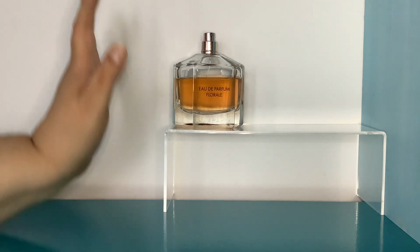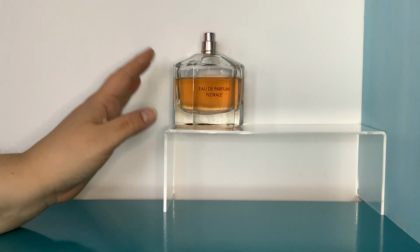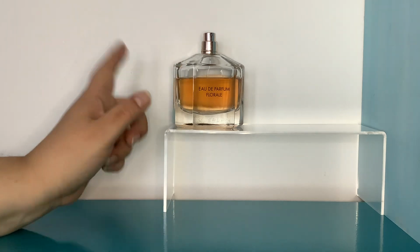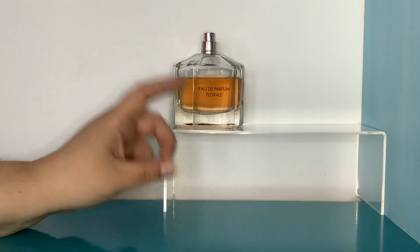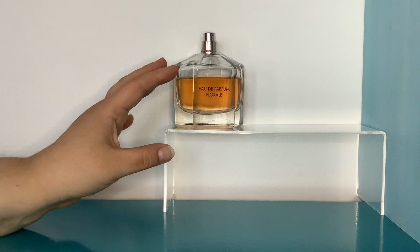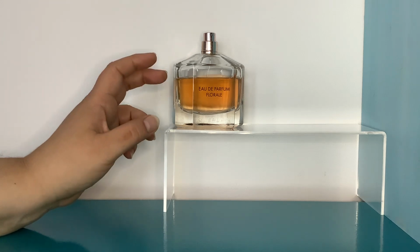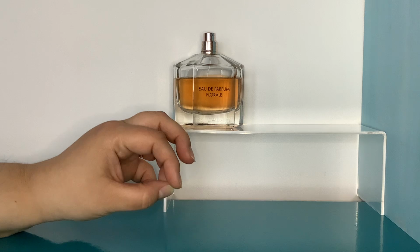So this definitely still has the DNA and the general feel of Mon Guerlain. But I can see why so many people like this one. I've heard a few people say this is the one they have instead of the original. And I feel like that's because this doesn't have the patchouli, it doesn't have the licorice. So it is a very similar scent, but it's also not got the tonka and vanilla mix. So this is vanilla, so it is more vanillic, definitely, and not as kind of dark, not as sexy. It's a bit more kind of